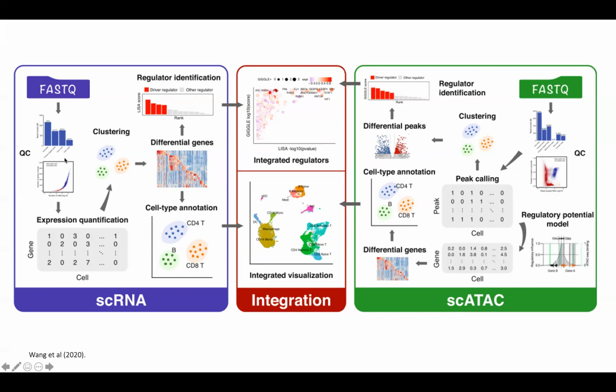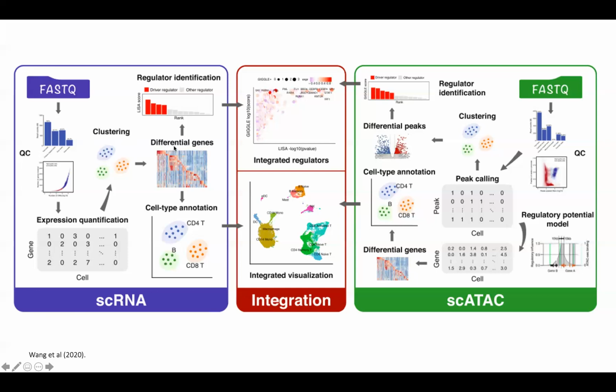I should say, from your FASTQ, it first performs alignment and demultiplexes the barcodes and the UMIs. And then it performs quality control, removing cells that don't have lots of reads or cells where not many genes are expressed. It builds your cell gene expression matrix. It'll perform clustering,